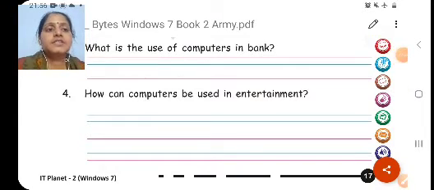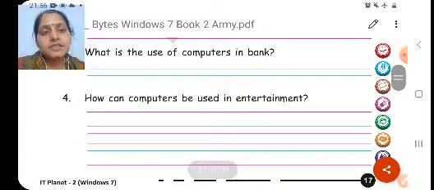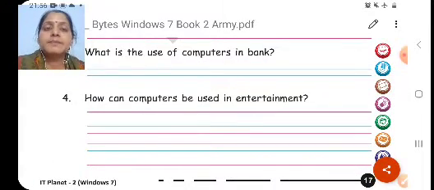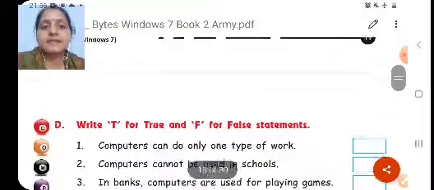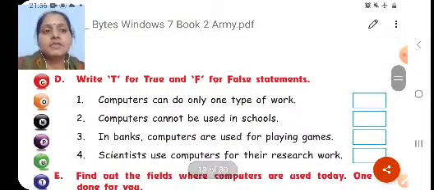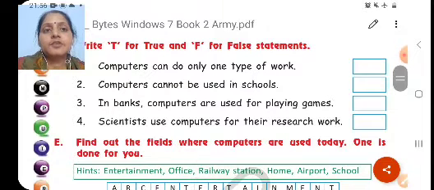We have completed question number 4 also, and these question answers we will be doing in our next video children using the board. हम next video में written work करेंगे. आज सिर्फ हम question answers को discuss कर रहे हैं, तो next video में हम board पर लिख करके इसका practice करेंगे. Then children, we have true and false. So first one is, write T for true and F for false statement.